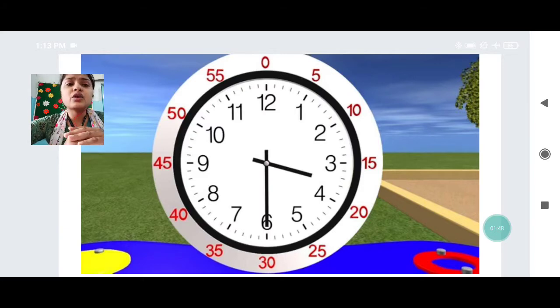So from the 12, if we consider it, then from 12 it is 0. From 0 we will say, and then when the minute hand is moving from 12 to 1, it is 5 minutes past, then to 2, 10 minutes past, then 3, then 15 minutes, and like this it goes on. So this is what we are going to learn today, how the hands of the clock move and what the hands are called.